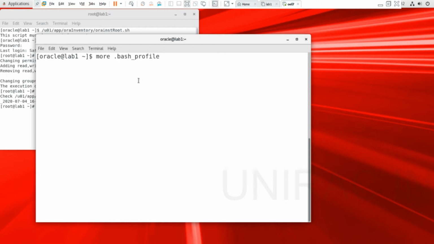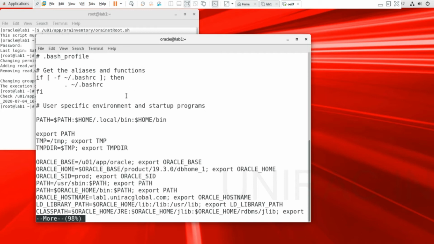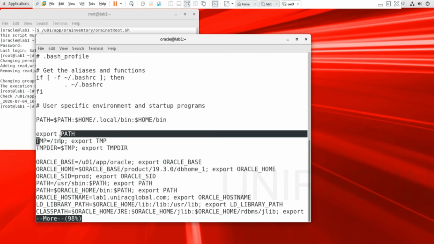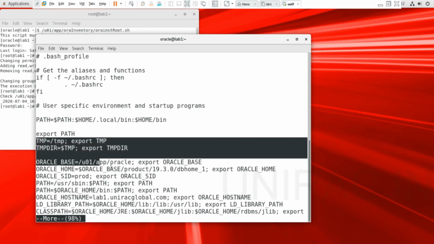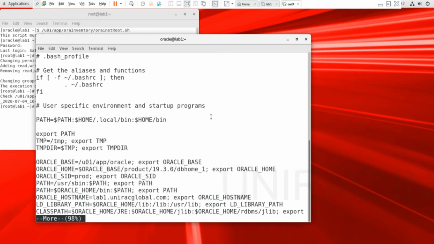We can verify the variables configured in your bash profile: the temp partition, Oracle base directory, Oracle home directory, your database name, the binary files, host name, the library path, and Java path. These are the variables declared in your bash profile to locate the binary files of your 19C database.